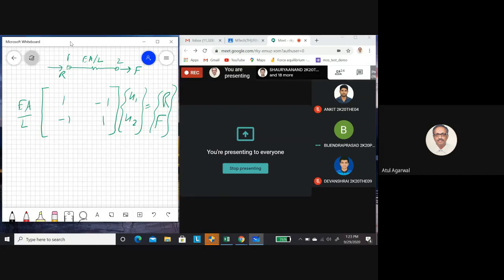There is a stiffness matrix, there is a displacement vector, there is a force vector. So we had to find the values from this. Last time we were told that R will be equal to...